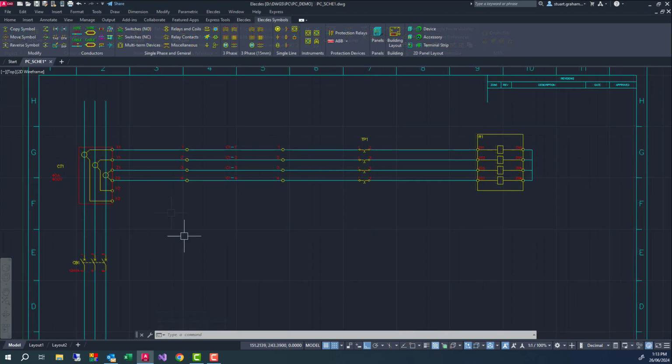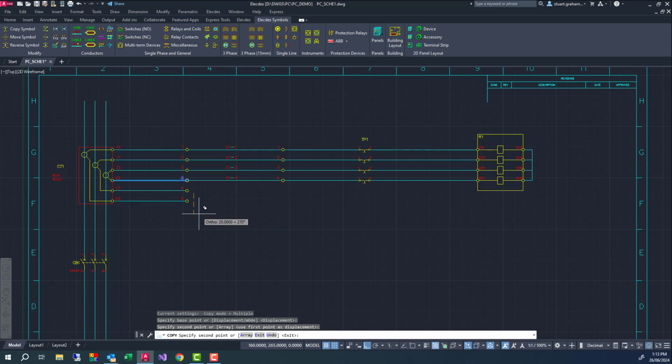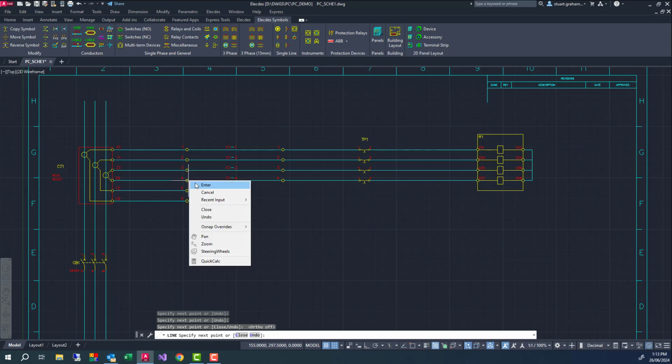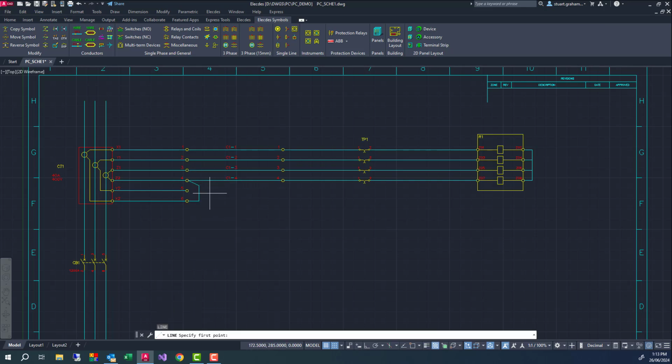To create the final terminations on the CT block, I will copy the terminal and wires from the first common signal line. I will now create a couple of lines to represent the common side CT jumpers in the junction box. Orthogonal lines tend to be preferred for electrical wiring, however the Electez wiring can be drawn at any angle. I'll use a 45-degree connection indicating that the junction box jumper wires are not part of the cable.